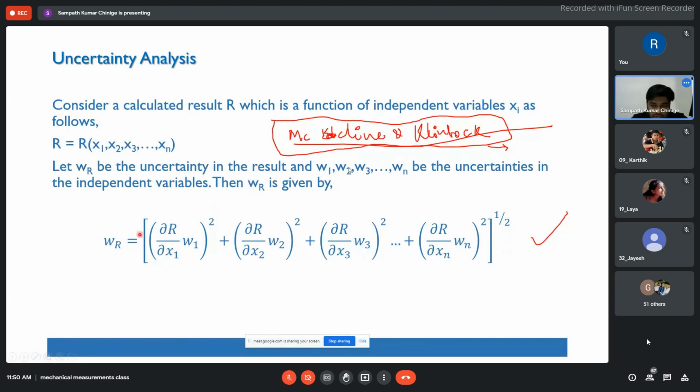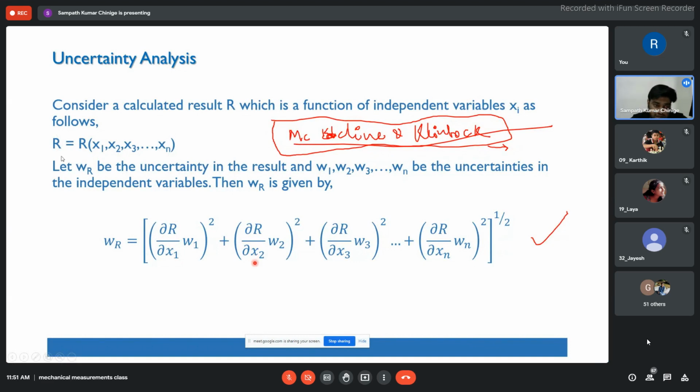X2 has deviation W2, X3 has W3, and so on, Xn has Wn. If the final variable R is a function of all these variables, you have to find the uncertainty by taking the partial derivative ∂R/∂X1